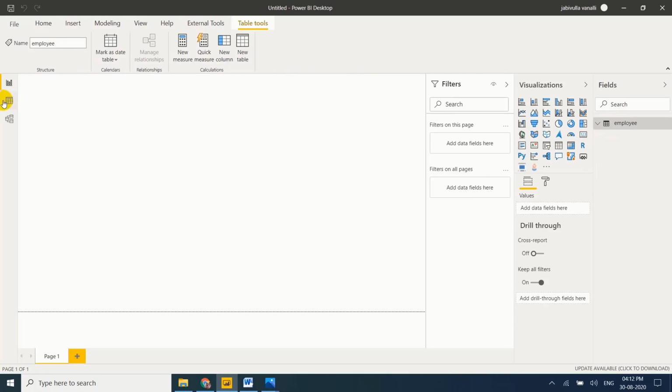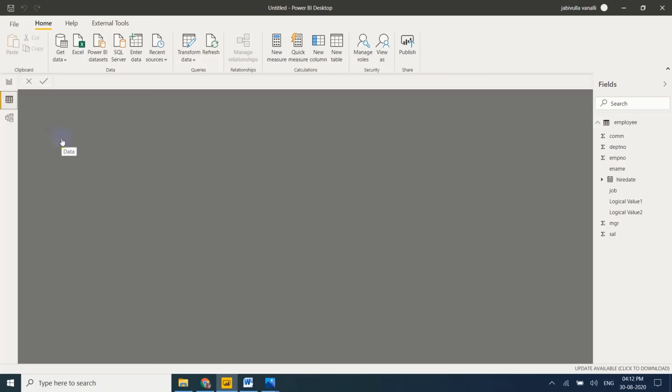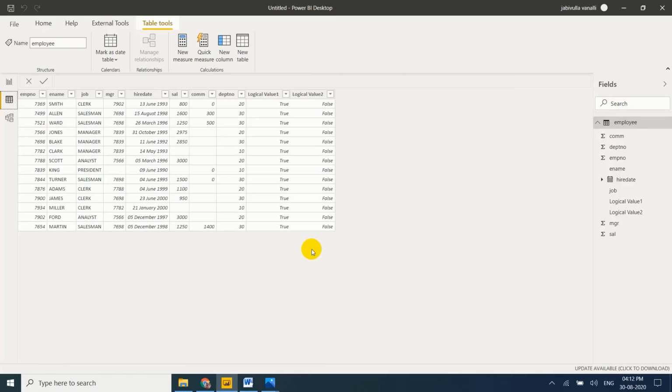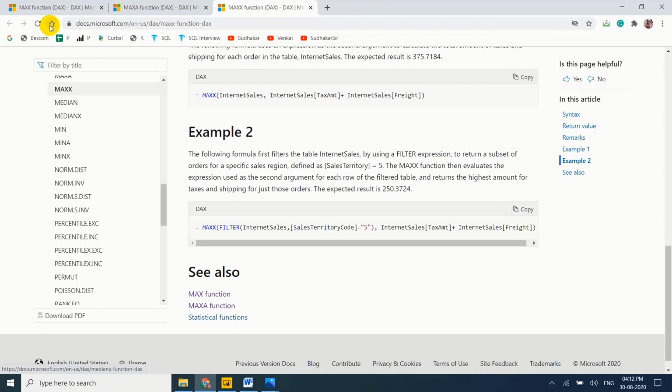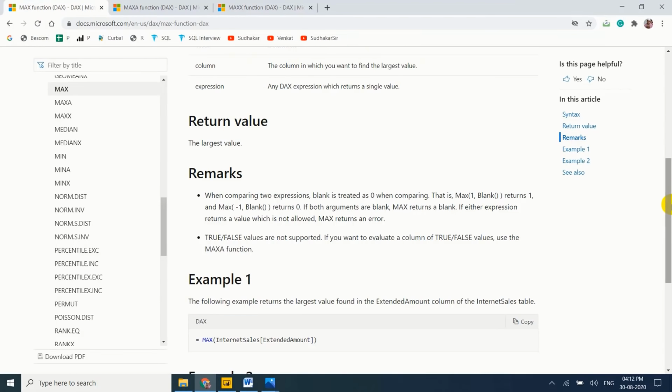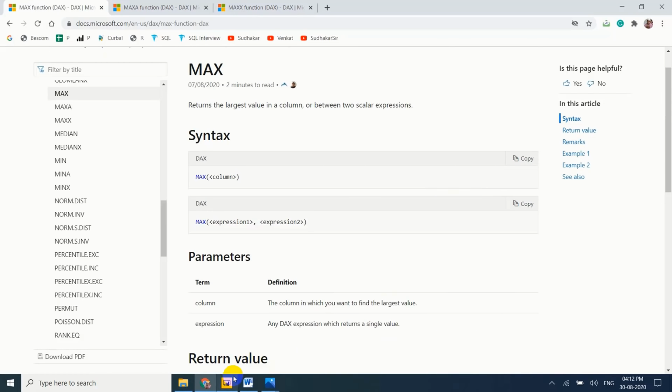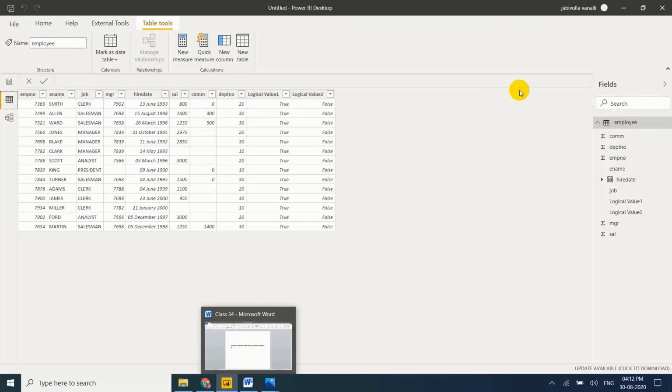Now let me go to data view. So let's start with the MAX function. Here numbers are there, salary.